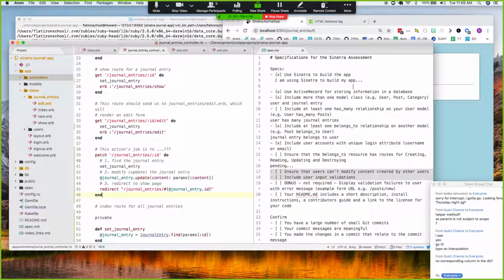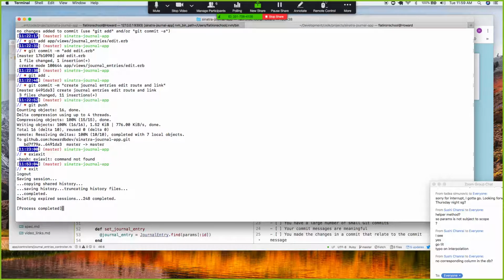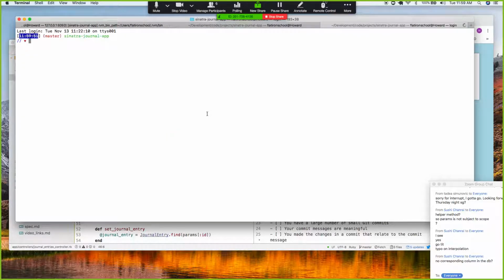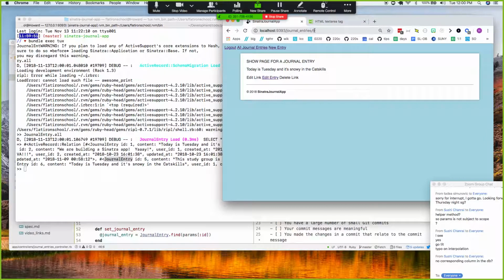And so if I look at, for example, if I grab my database, so how about if I just create a new, okay. So if I drop into tux, bundle exec tux, and I say JournalEntry.all, and I want to find one from a different user. So it looks like journal entry number 5 belonged to user number 4. So this is perfect. So what I could do right now in my browser, if I go to journal entries 5,